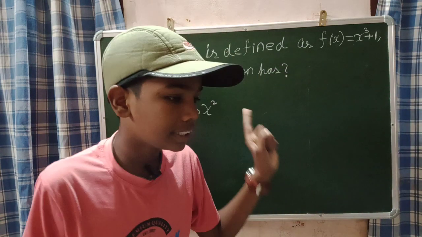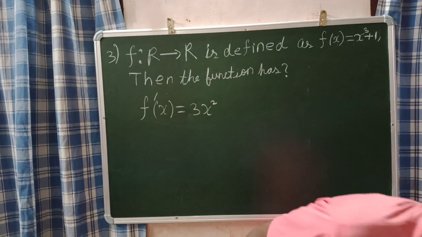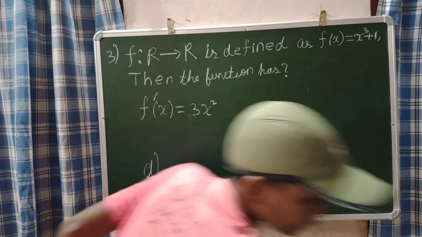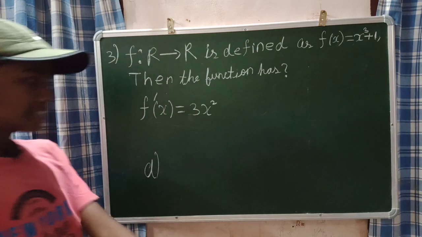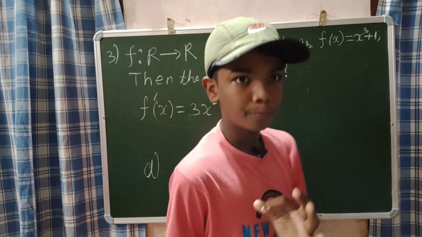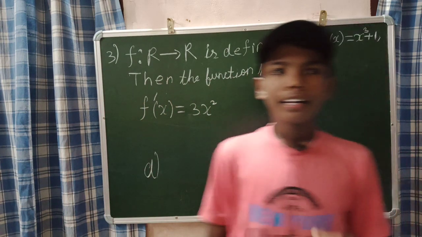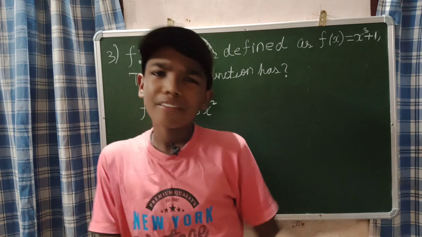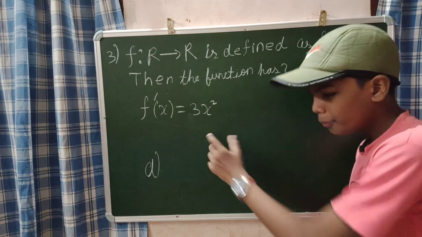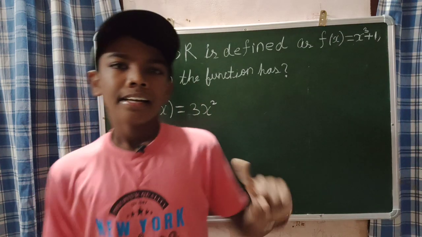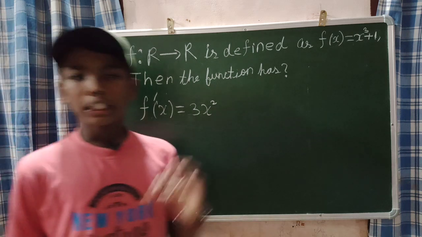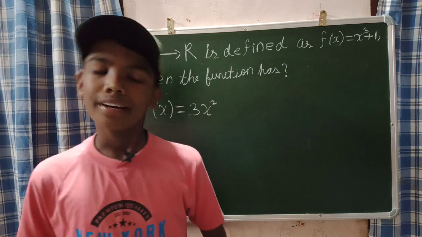So the answer for this question is D, guys, which is neither maximum value nor minimum value. D is the correct option. You can also solve it by another method, by drawing the graph. When you draw the graph and show the reflection, you can do it that way also. That's an easy method too, but this is the method most people use. So the answer is neither maximum value nor minimum value, which is your D option. That's all about this question, guys. Let us move on to our next question.